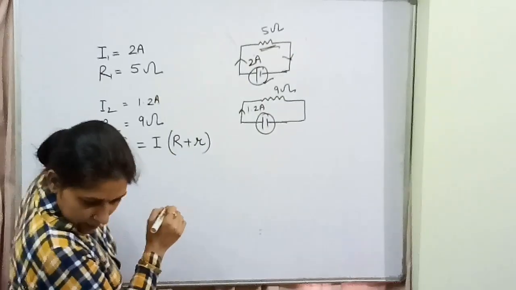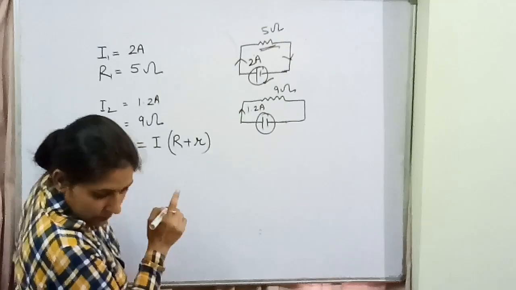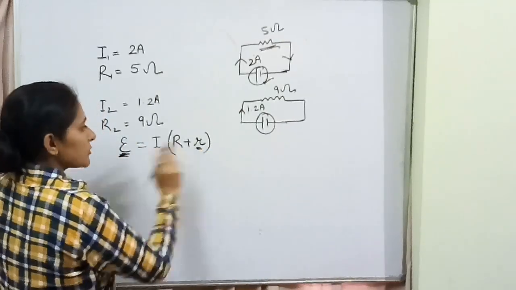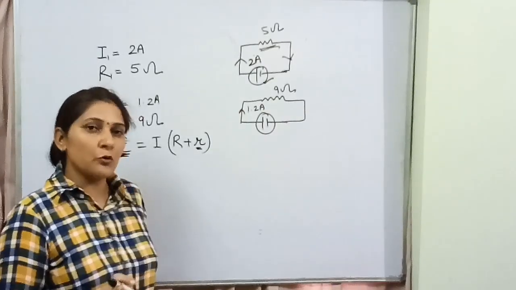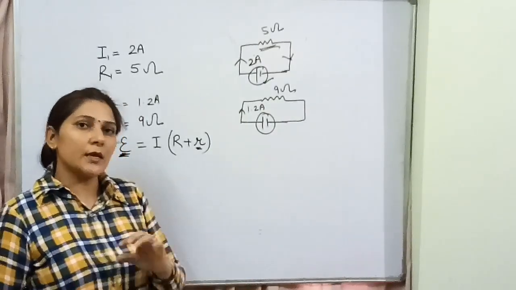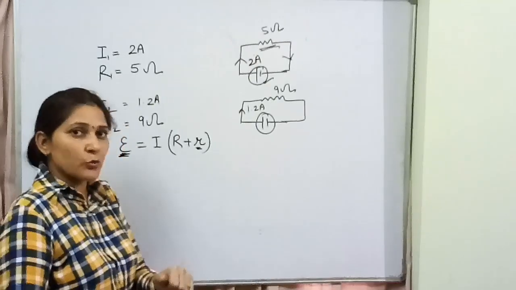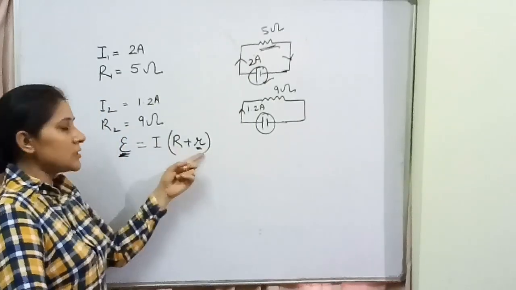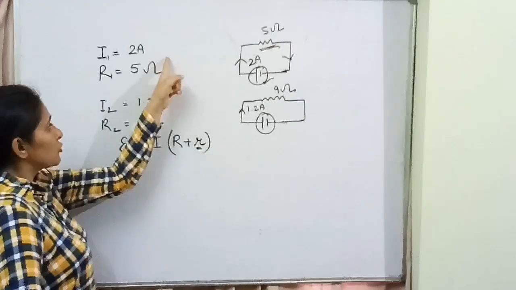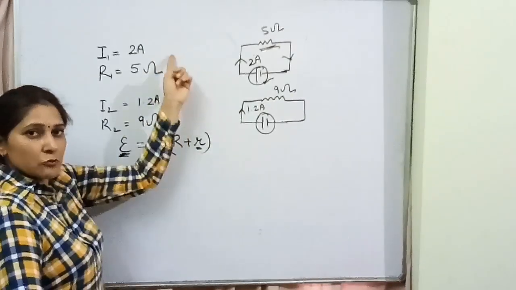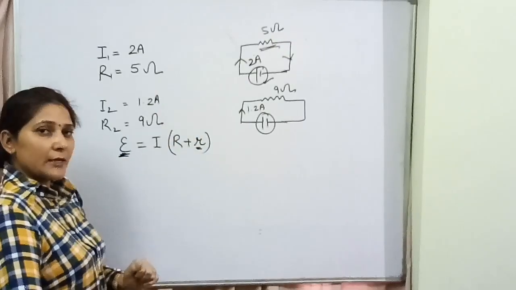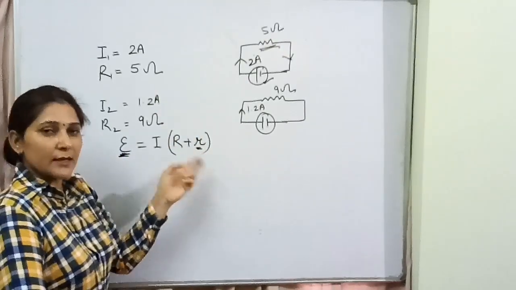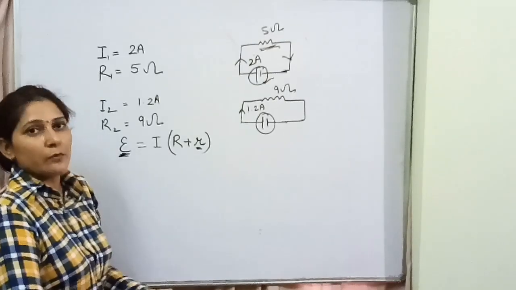So this equation we have, and we have to find out two things in this one. We need to find out EMF and internal resistance. Now we have four variables over here. This is possible if three are given to us and one is unknown, we can easily find the fourth one. But in this situation, only two are with us, I और R दिया है. We need to find out these two. So what can we do? We have two situations. We will substitute both the values and then we will get equations in two variables. जैसे x y में आता है ना, यहाँ आपका E और r में आ जाएगा. Then we will solve the equations and we can get both the values.